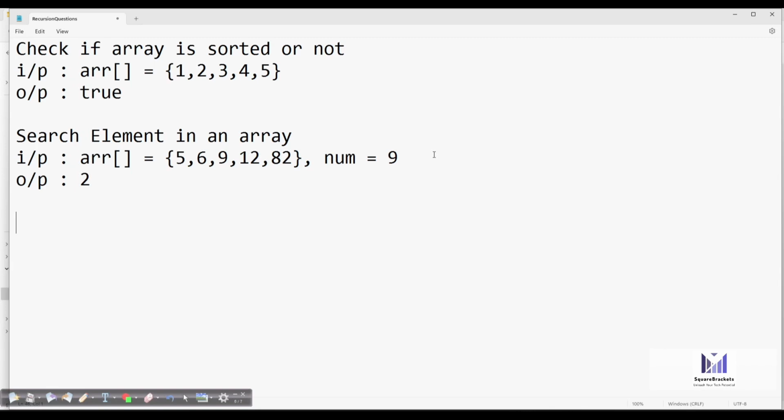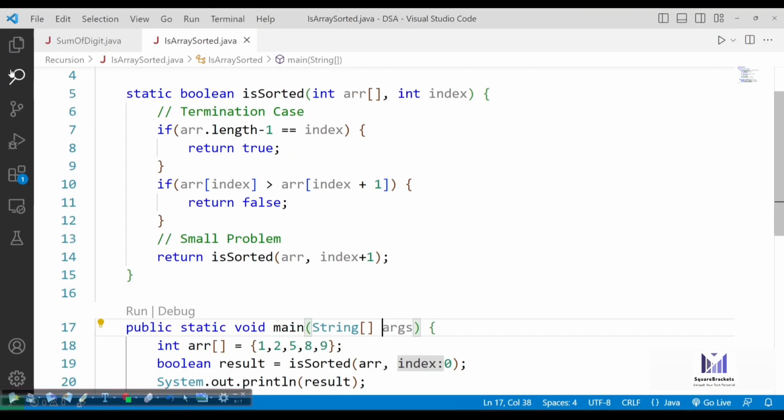Again, if we use a for loop, it's like a linear search program. You start iterating the array one by one, and wherever the element matches the number, you immediately return that index. Using a for loop for this particular question is too easy. But if we use recursion, how will we solve this question? Either we can use linear search or binary search using a loop, but using recursion is also easy because you just have to do the same thing while implementing it with recursion.